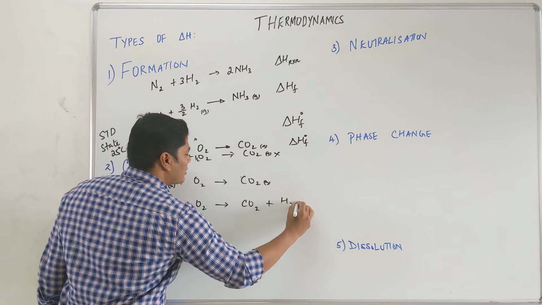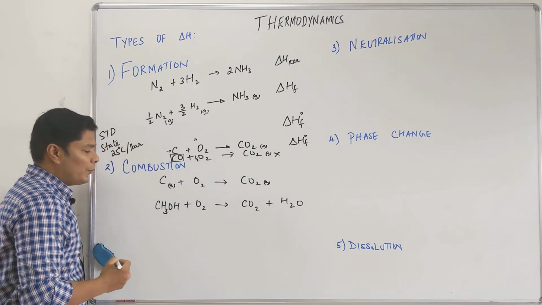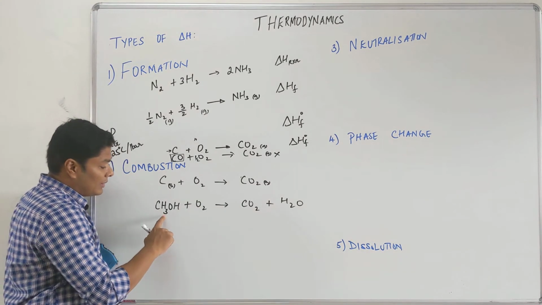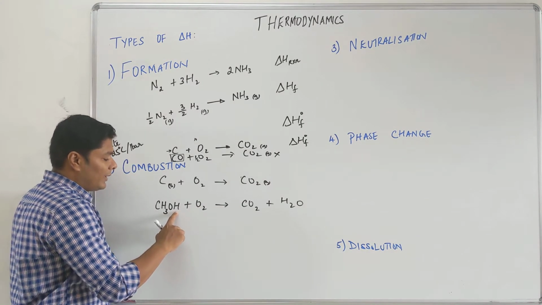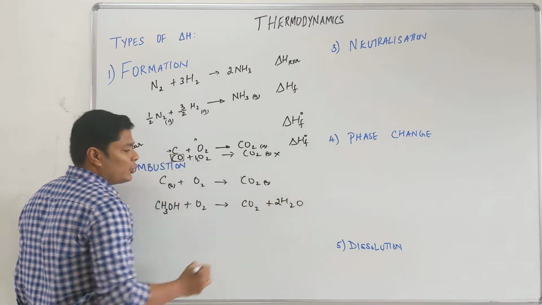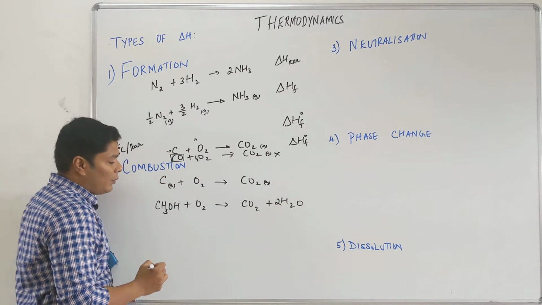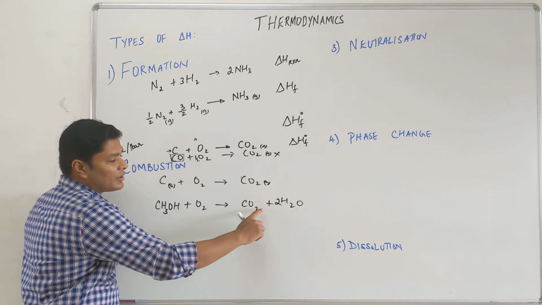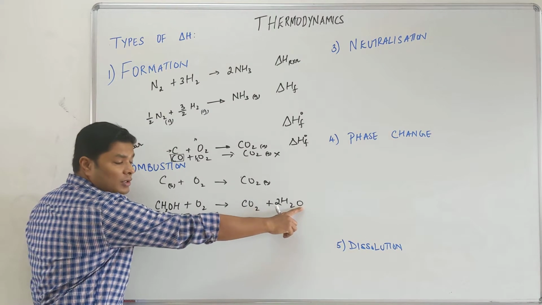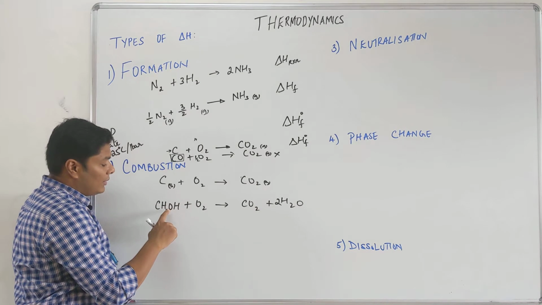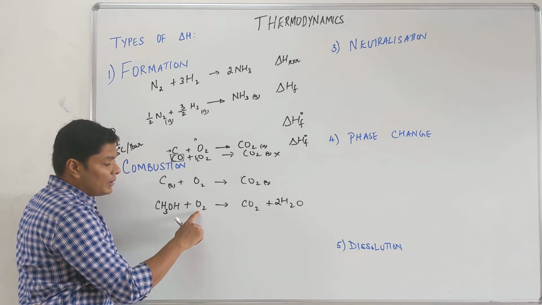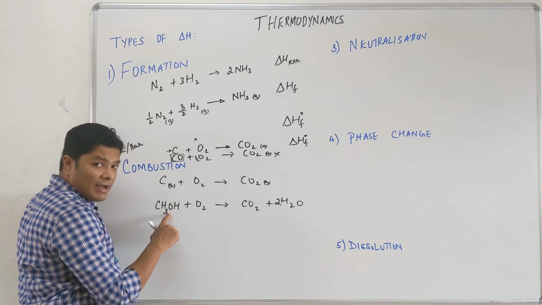CO2 plus H2O. Now there is one carbon, I am good. There is 3 plus 1, 4 hydrogens. So that's going to be 2 H2O. Now when you look at it, I have 2 oxygens plus 2 times 2 is 4 oxygens. Here there is 1 oxygen. There is 2 plus 1 is 3. So I have to balance the equation.